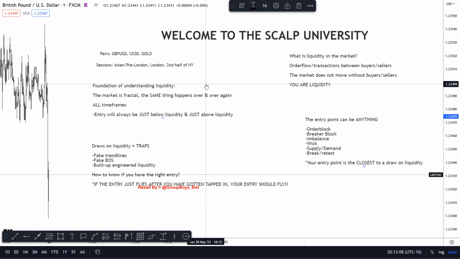So if you get into a position and you're kind of dreading it, and you notice that price is just bouncing up and down on your area, the area that you just entered, if it's just kind of playing around in that area, normally what I do is I'll place my stops to break even if I see that it's playing around, especially on the 1 minute. You kind of have to give it some time on the 1 minute, just because normally you can kind of see it happening on the 1 minute before it happens on the higher time frame, and that's where things can get a little bit tricky.